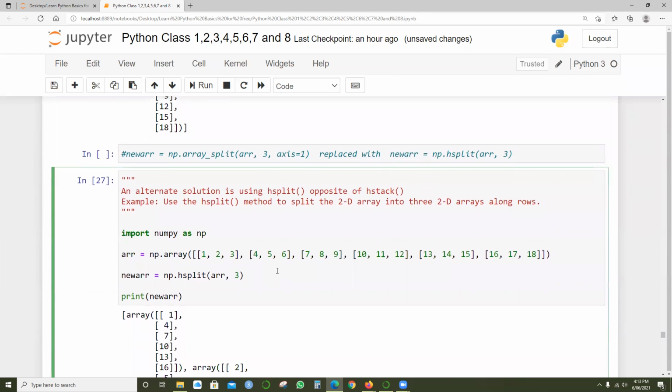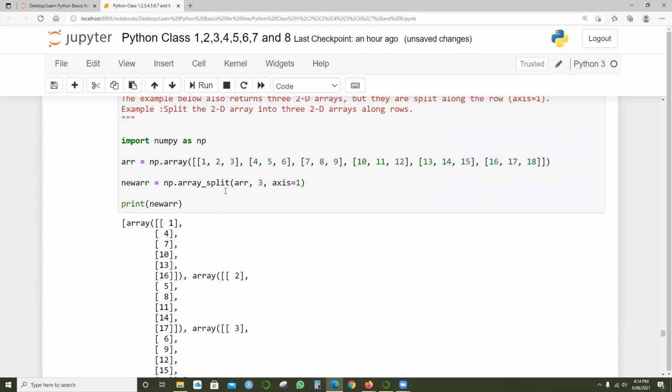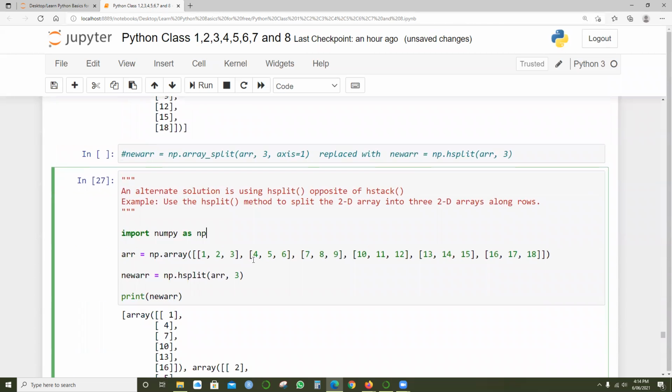So at the end of the day, what I suggest is to note down in a notebook or a piece of paper all the functions. What does H-split do? What does array dot underscore split do? So that next time when you try to write code, that will be useful. Based on the function, we can say this is used for this, and using H-split we get the values in this particular fashion.